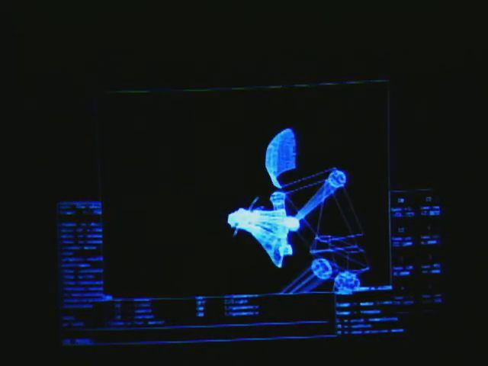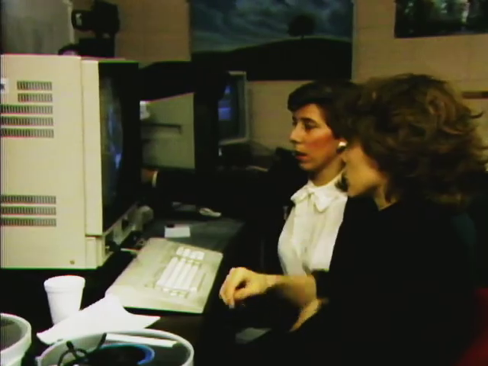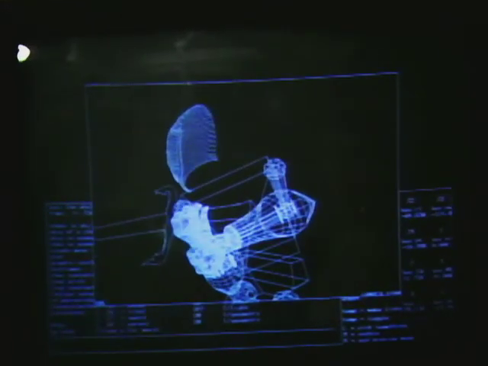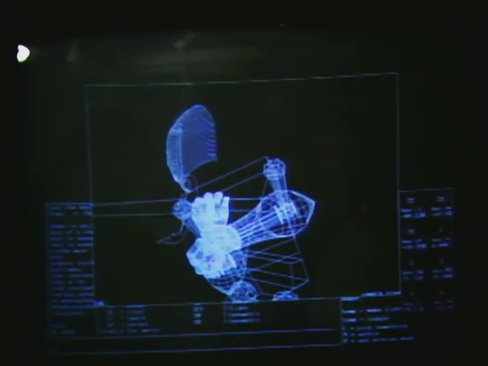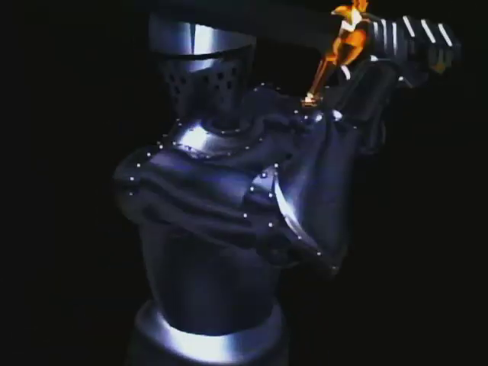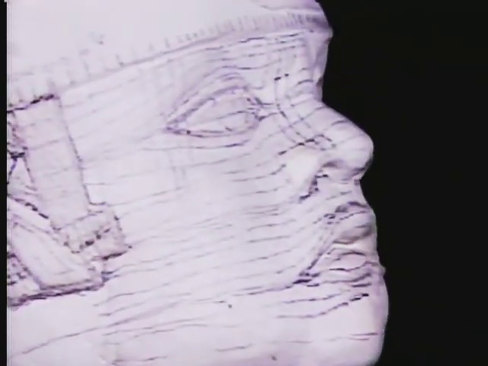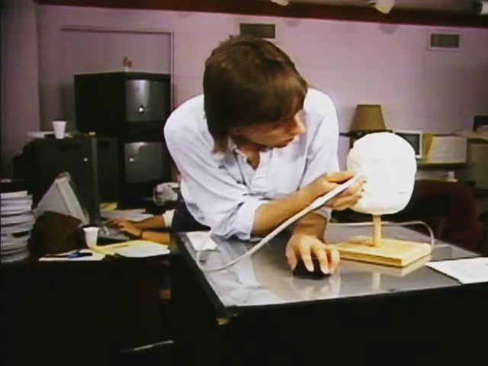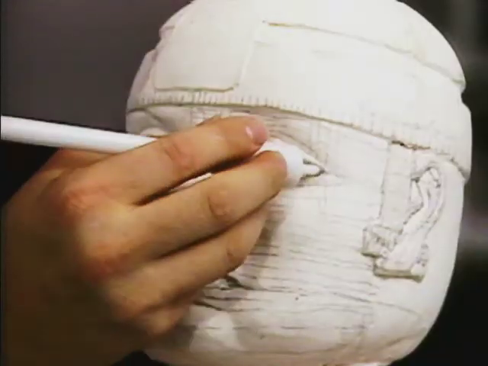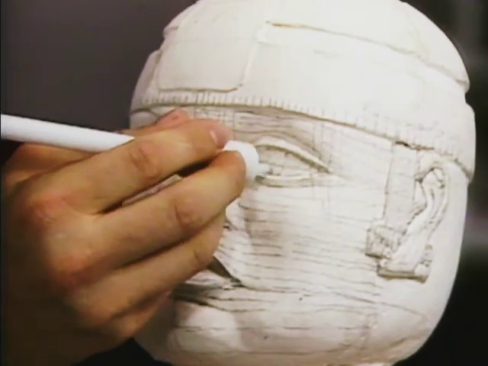The knight in Amazing Stories had to move in a lifelike fashion. The knight's elbows and wrists had to move along with his head and torso. A live-action swordsman was filmed and turned into the wireframe model, which was used to produce the finished computer-animated knight. Developing a realistic-looking stone head image was another problem. This was solved by making a head and dividing it into segments whose coordinates were fed into the computer using a digitizer. This rough data was then enhanced point by point on the Gould computer system.